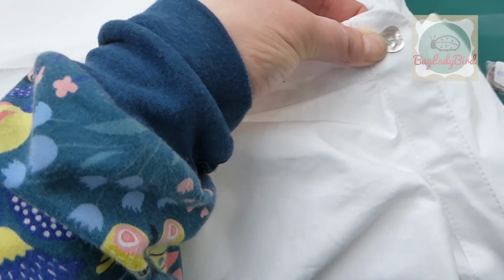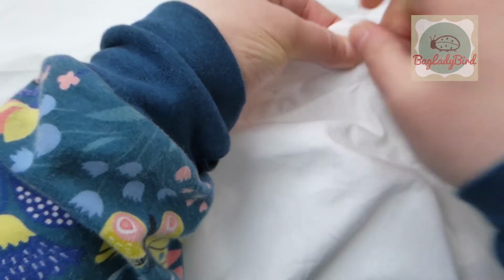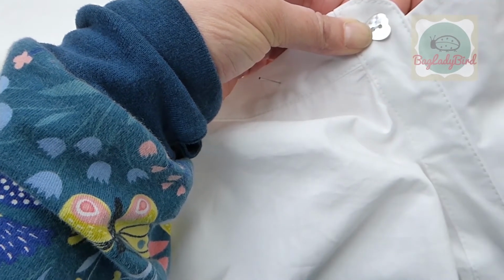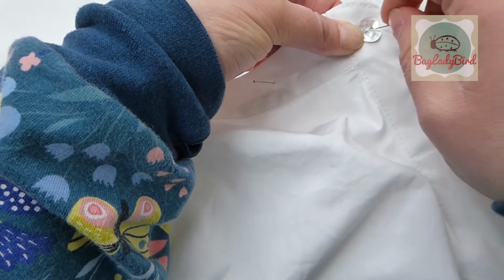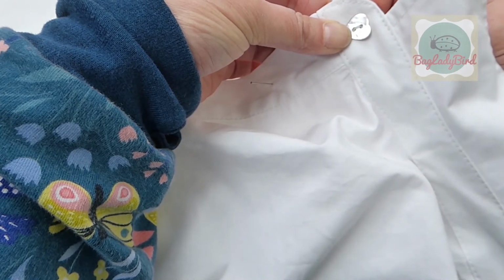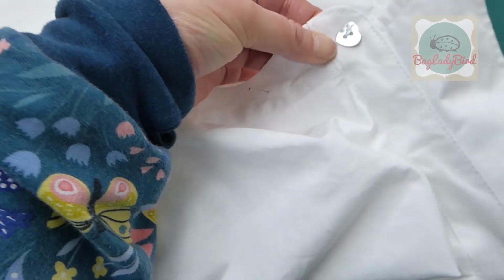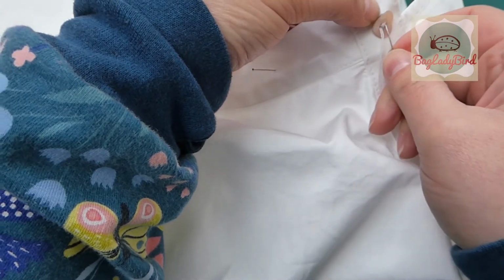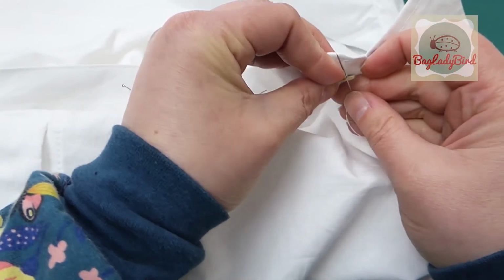I'm just going to sew this on 3 or 4 stitches. There we go, 1, 2, 3, 4. What you can do once you've done the 4th one is just bring your needle out between the button